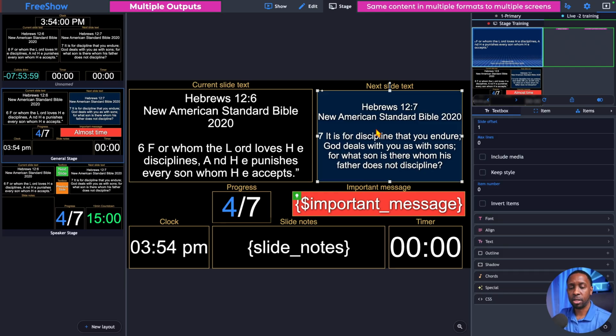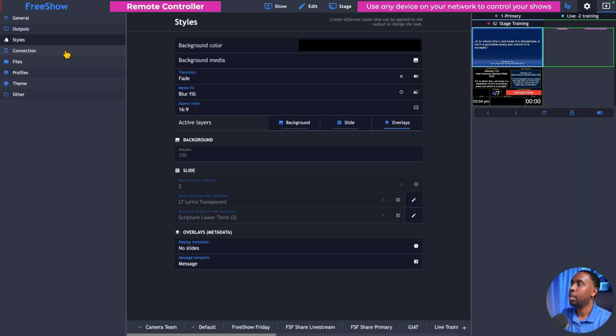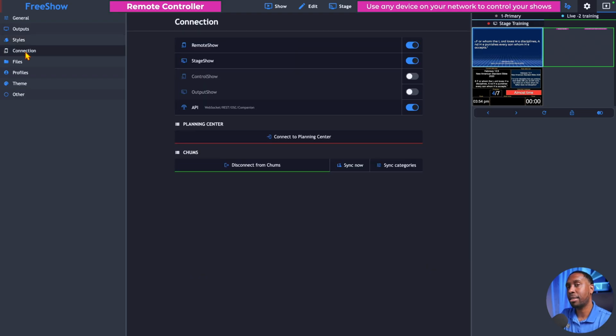Let's look at the next feature. The next feature is remote control. This program is really cool. If you go to the settings option, you'll be able to go to the option on the left that says connection. And in here, you can select remote show, which gives you the ability to see your entire project in